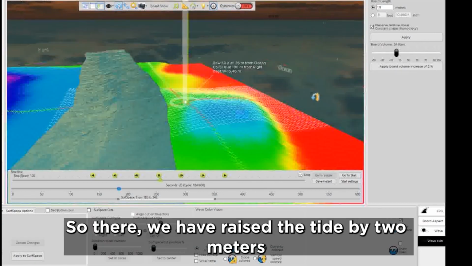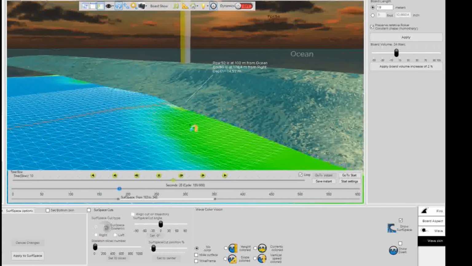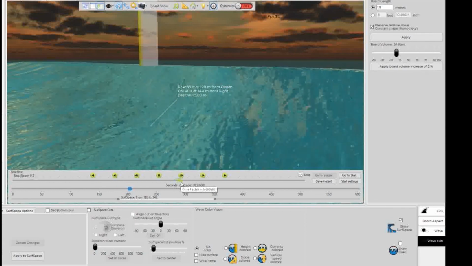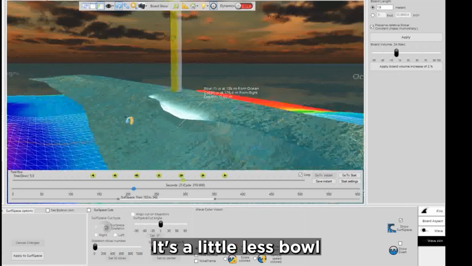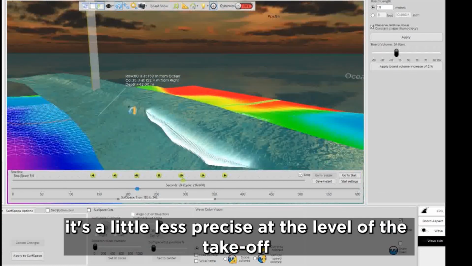So there, we have raised the tide by 2 meters. And we are going at slow speed. We observe the takeoff. It's a little less bold, it's a little less precise at the level of the takeoff.